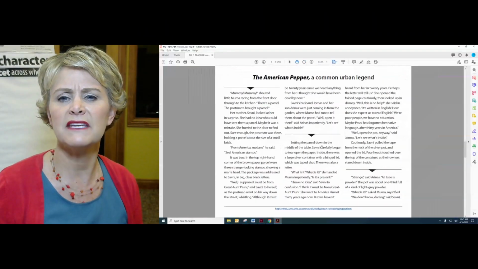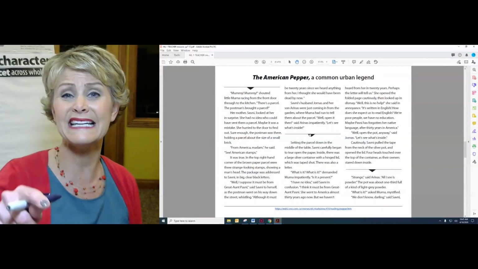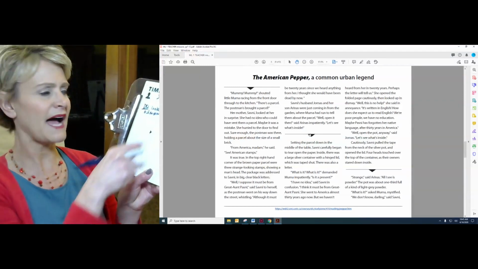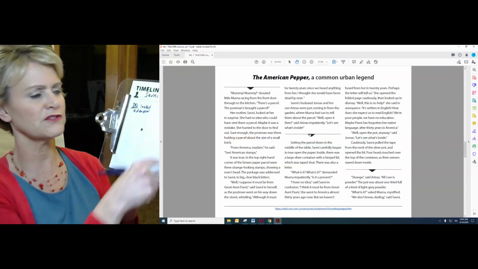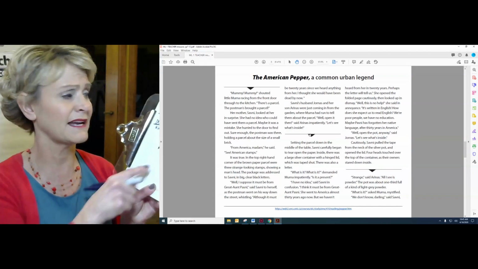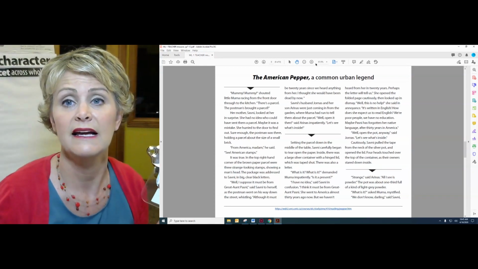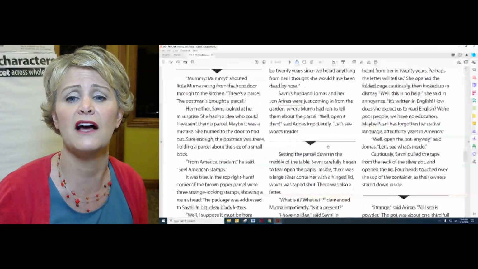Okay, now let me back up for a minute. And you see how I have these triangle things breaking it up? I did that so that that's the first box, and then here's the second box. See the triangles? Okay, third box. So we're going to jump into the second box if she does anything. Let me do one or two more, and then I'll ask you to help me.